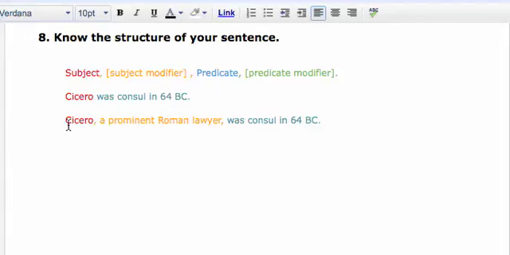And we can see that it has Cicero, and then it has a subject modifier, and then it has a predicate. We can also make a slightly different form of sentence by using a predicate modifier instead. And we'll take out the subject modifier, and we will say Cicero, again,